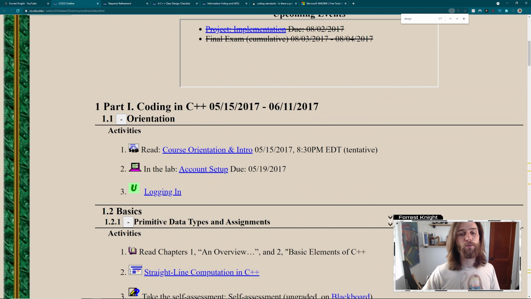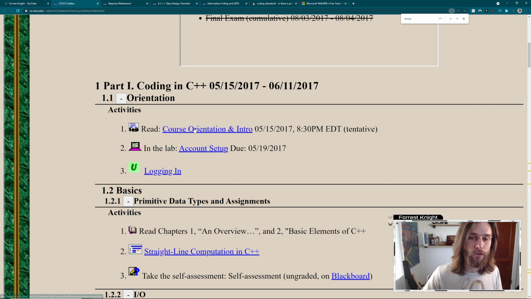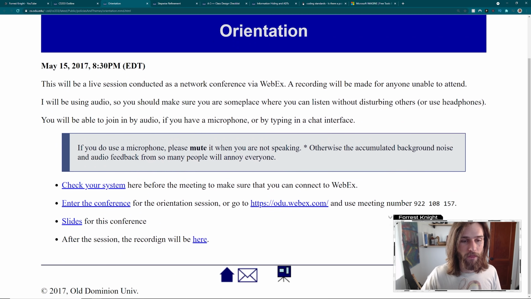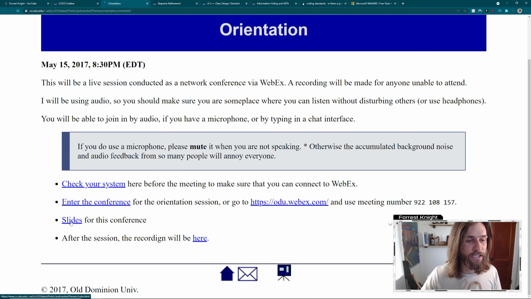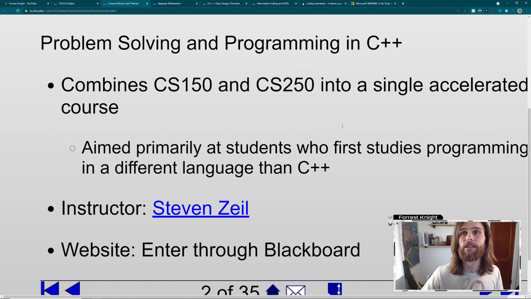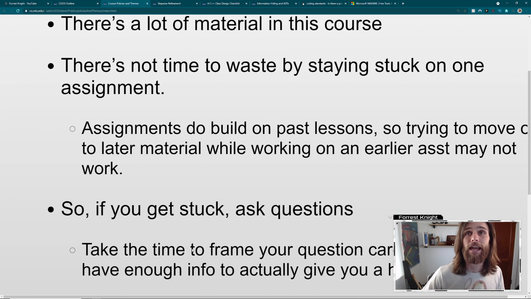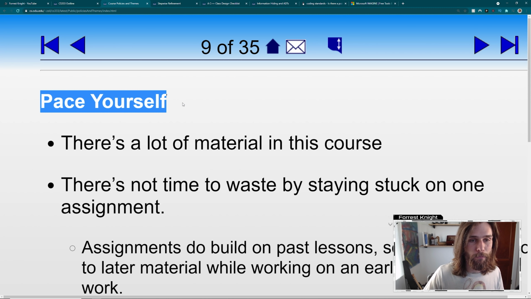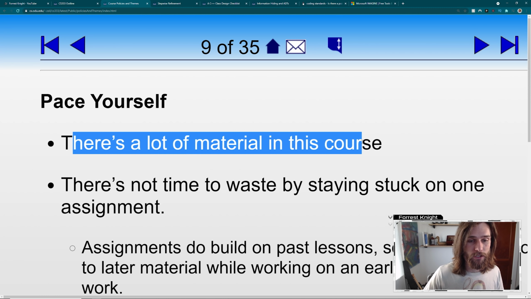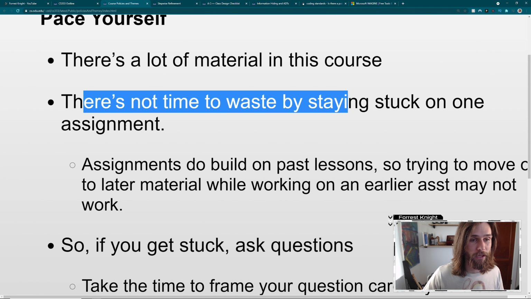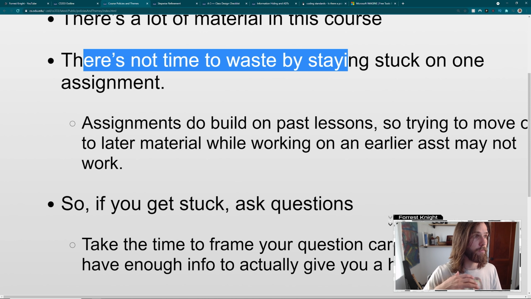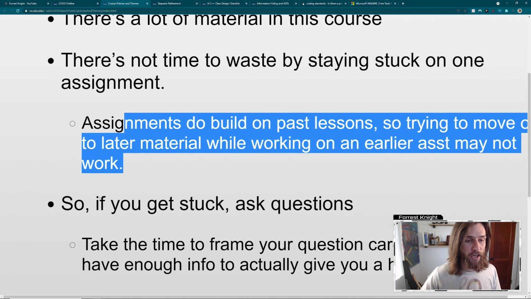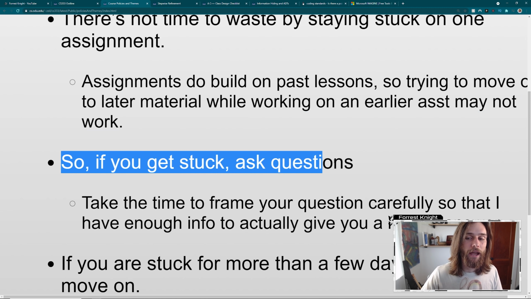So my very first week, I needed to read the course orientation and intro, and then slides. But okay, yeah, there's a lot of information in these slides. And this right here, definitely the most critical advice that anyone can ever take, is pace yourself. There's a lot of material in this course. There's not time to waste, especially being stuck on an assignment, and future assignments typically build on previous assignments, is what he says here. But if you get stuck, ask